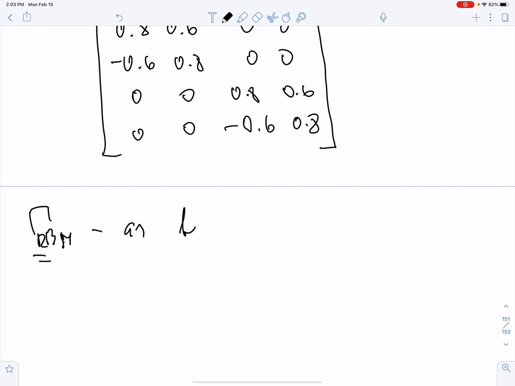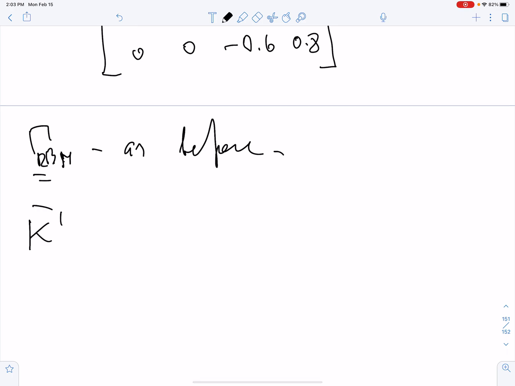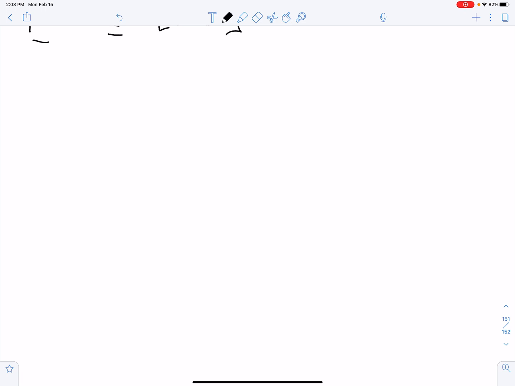Again, for simplicity, I assume that KB is 300, in the appropriate units. And this allows me to compute K sub B directly. Equals to